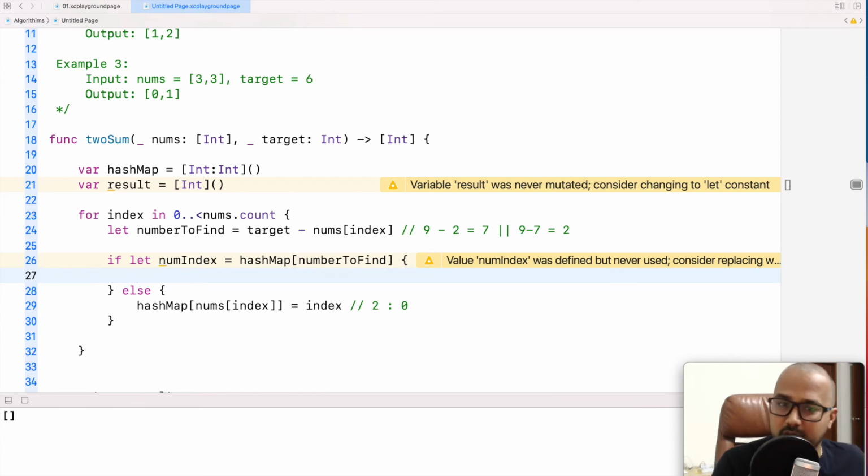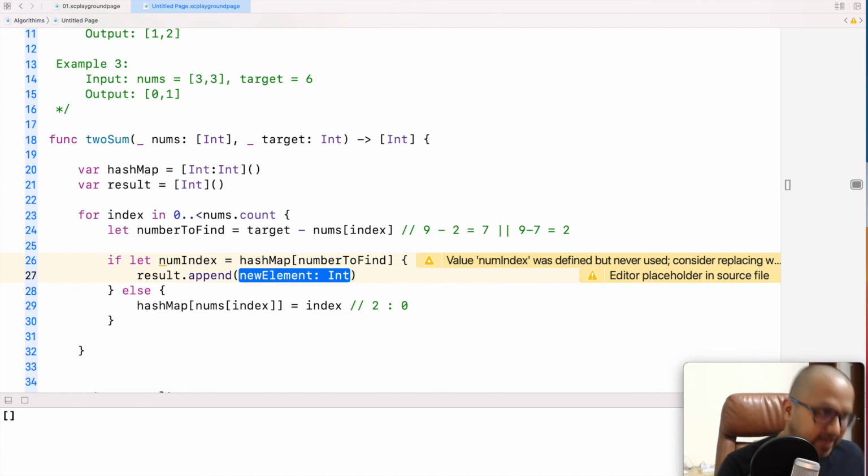We have found it. So we'll work on a different, more complicated input array later, and we'll see how it works. So you get that. Now it will say 2 is there at index 0. Okay. And now I will say, boss, go and append my result. Append my result with what? So first the num index which I have found.